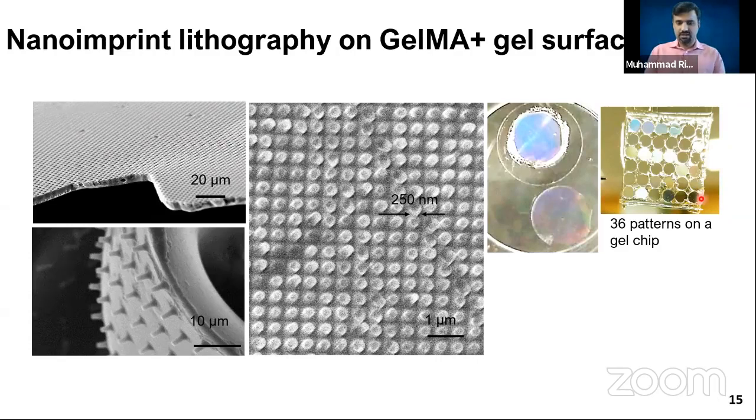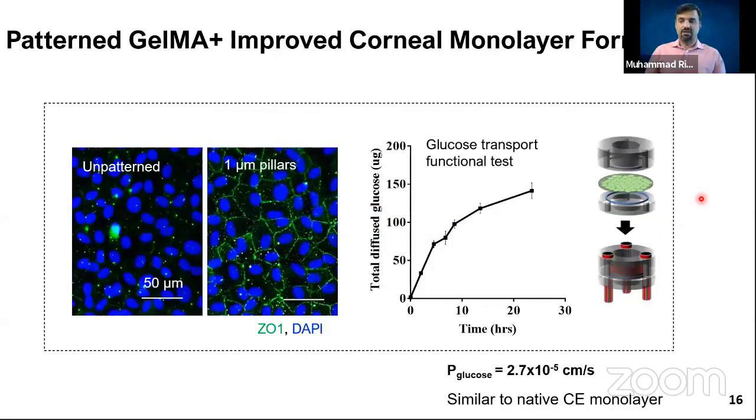So after we achieved this, then we looked at how it really affects cells. So you see, same hydrogel, when we don't have those pillar structures on them, the cells again are not really showing or not expressing that green protein shown here strongly. But when we have 1 micron pillars, the expression of that protein is really high, which was good, right? As I mentioned, we want to improve the quality of these cells.